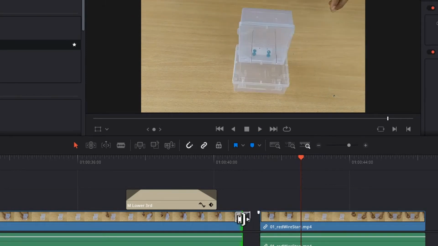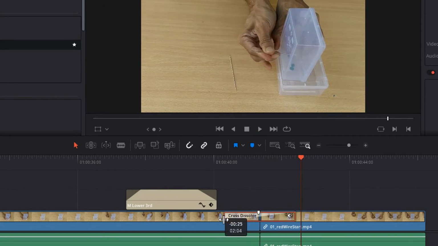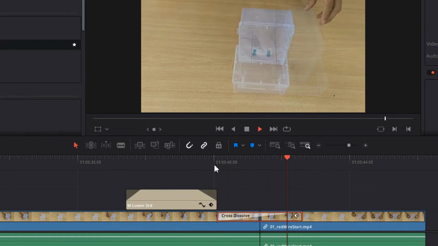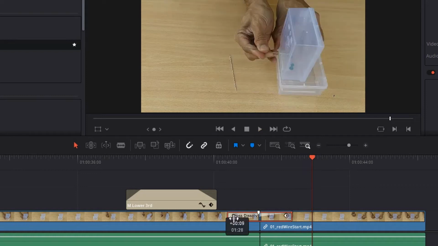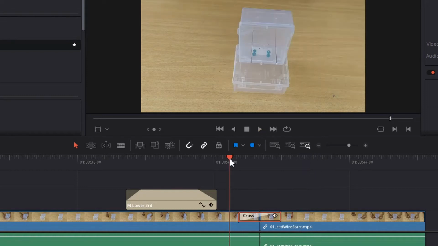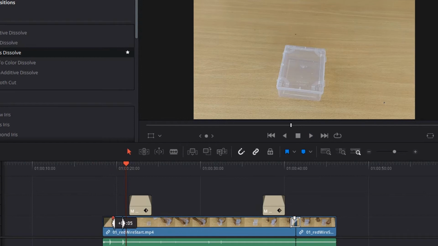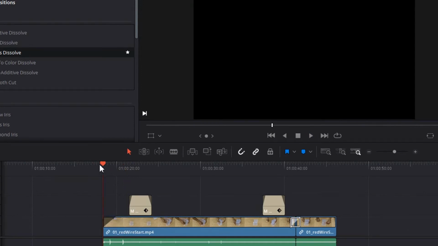Here I wanted to remove the part of placing the second needle on the container. I added transition between the two clips to make it look nicer. Video clips can also have fade in and fade out effect just like we did with labels.